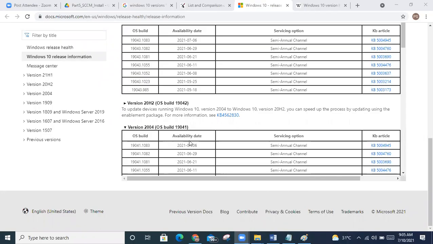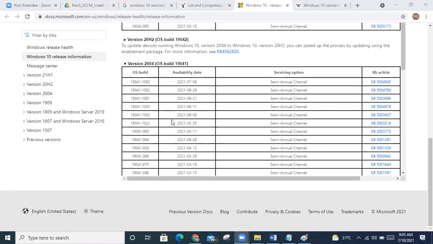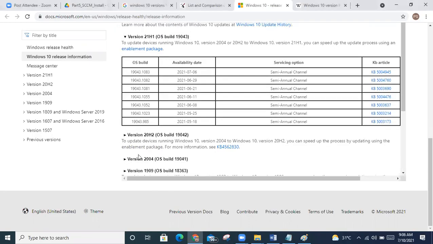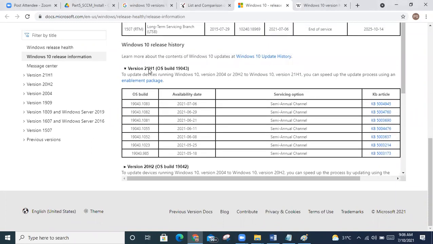Okay, sorry. If you see here, 20H2, the build version. Even 21H1 is released. If you see, they changed the 04 and 09 concept. They're simply keeping the H1 and H2 concept.